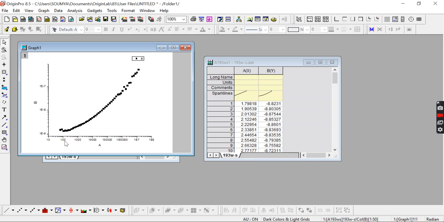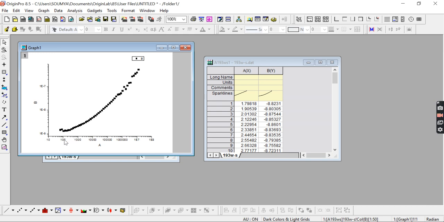So suppose I want to change the tick levels. So what is tick levels? You see, when it is 10, this particular tick is a little bit bigger. Even at 100 the tick is bigger, but in between 10 and 100 the small ticks are known as minor ticks. The big ticks are known as the major ticks, and the small ticks are known as the minor ticks. So we also have some control over these tick levels.